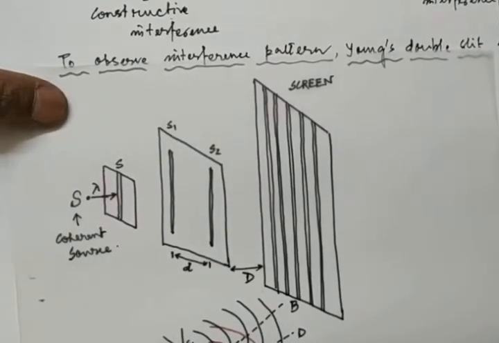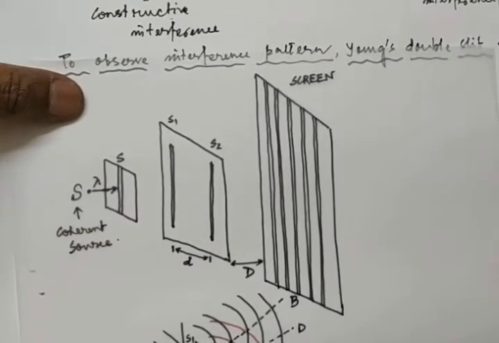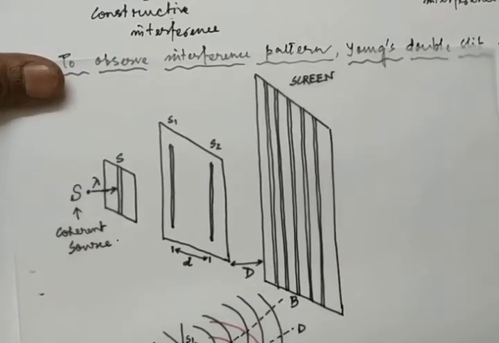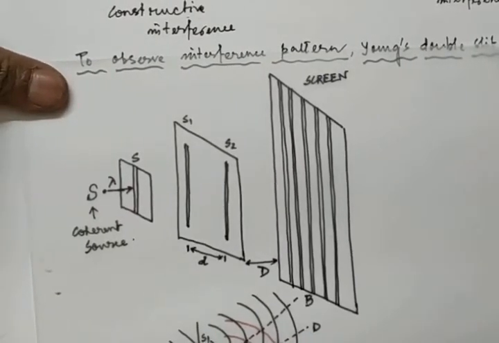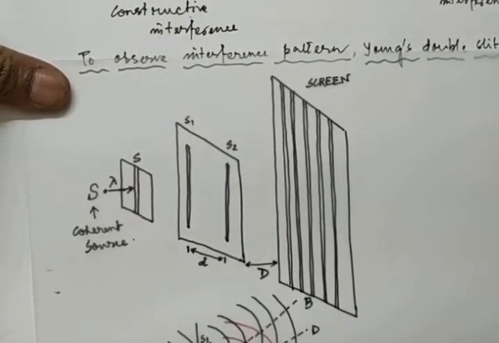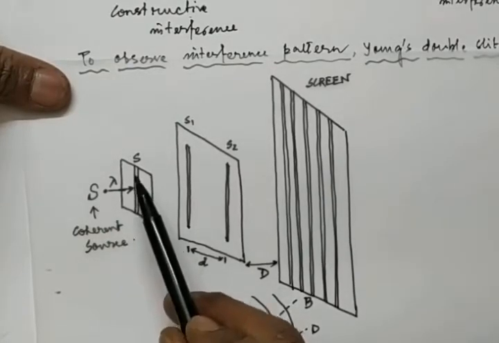So remember, the coherent sources of light are those type of light which remain in phase or out of phase for a longer duration of time, and which emit light waves having the same wavelength, same frequency, that remain for a longer duration of time, and they maintain the phase difference for a longer duration of time. Okay, so this is a light bulb or anything you can take, allowed to pass through